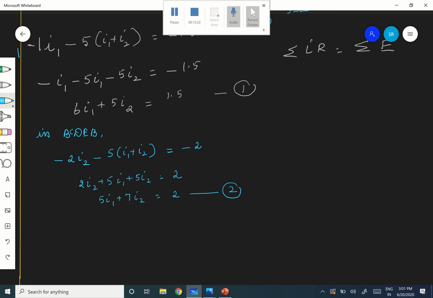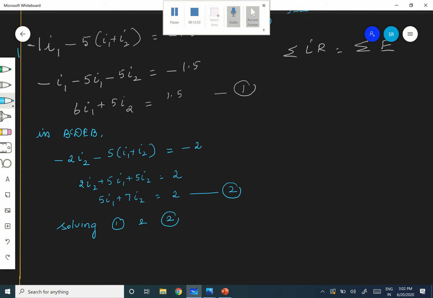Are you following? Okay, therefore now you have two equations available, but two unknowns, I1 and I2. Therefore two equations in I1 and I2 are ready now. I think you can solve. So on solving 1 and 2, that is your duty. You have to solve and find. I'll give you only the answer. Solving 1 and 2 is very simple, because you people are studying equation solving right from 9th standard.